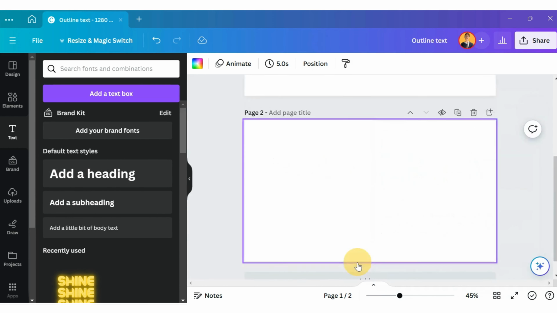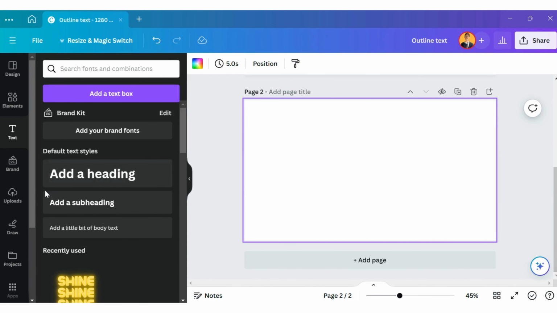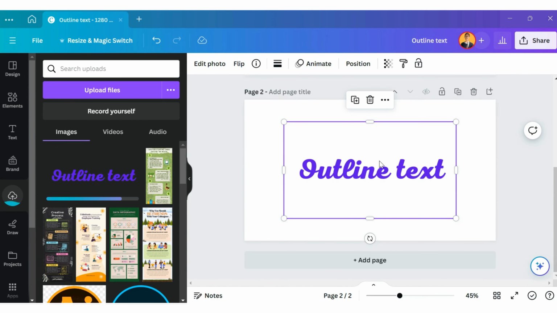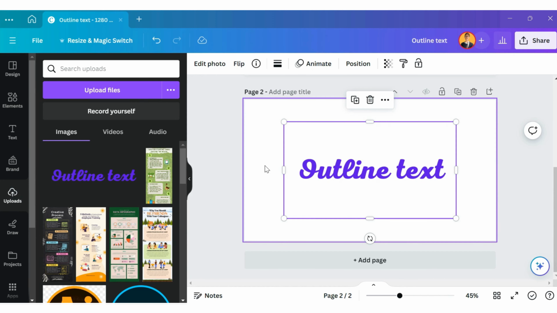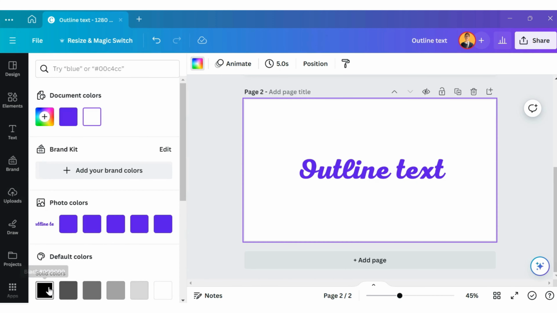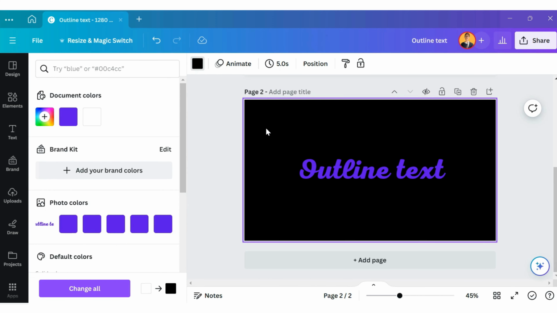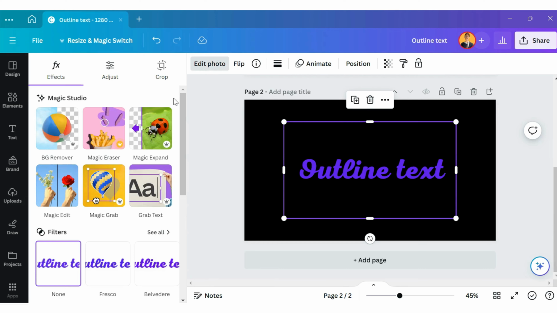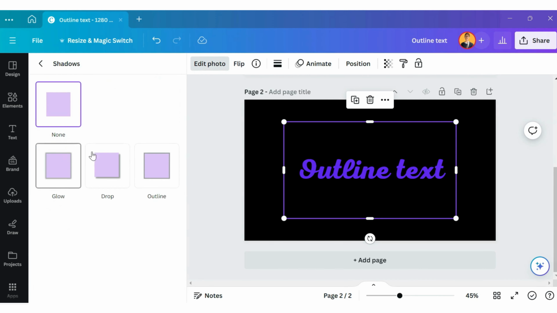Now click on Add Page here and upload the image that we just downloaded and place it on this template. Let's change the background color of this template. Now go on the top here and click on Edit Photo and scroll down and select Shadows